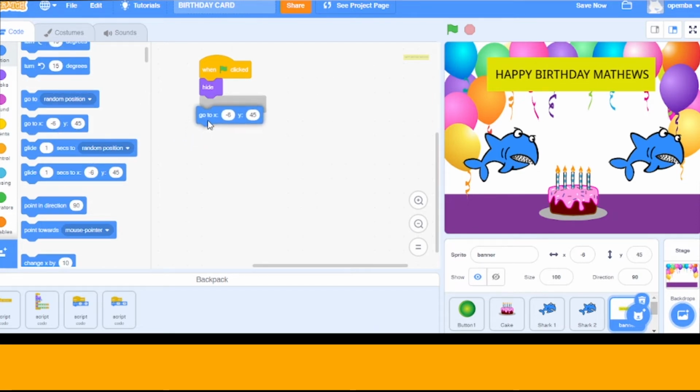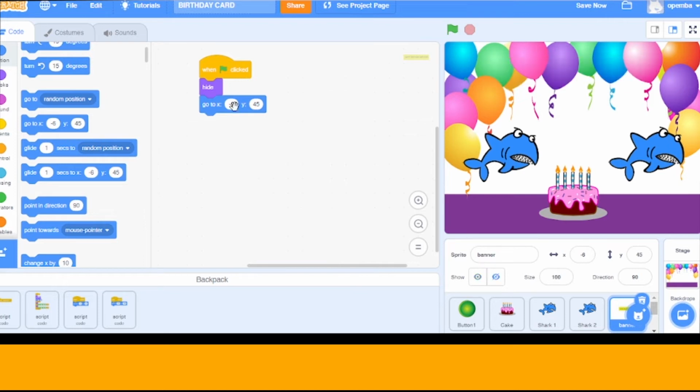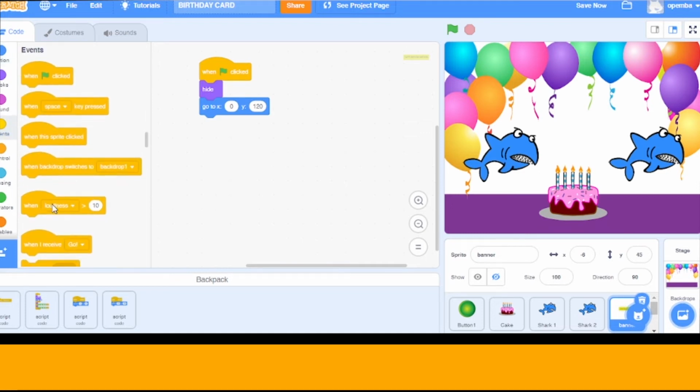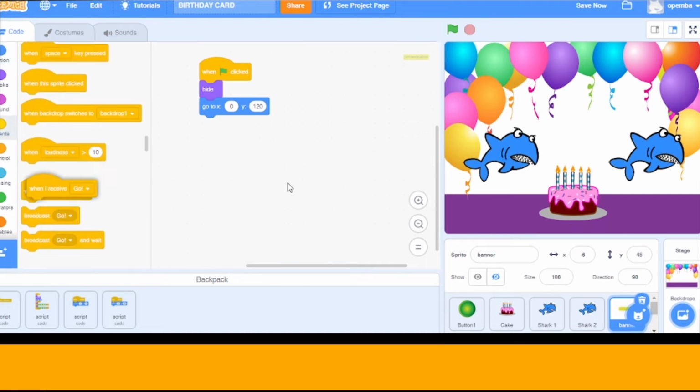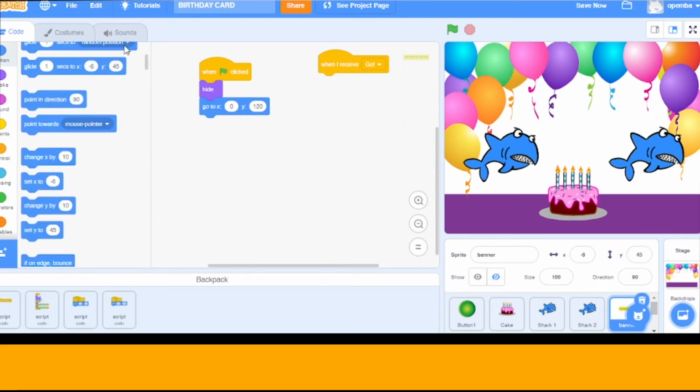Go to some location. What is the location? It's 0 and 120. Coordinate 0 and 120. Then when I receive the message go, when I receive the message that has been sent, that is go, then I point in direction